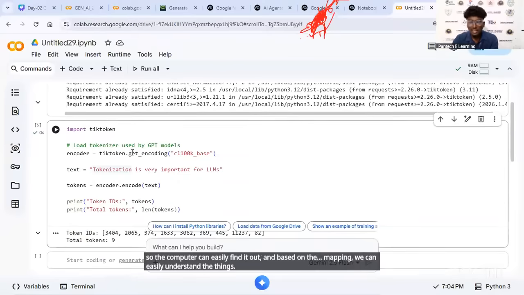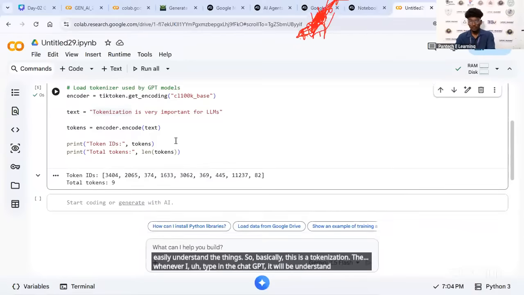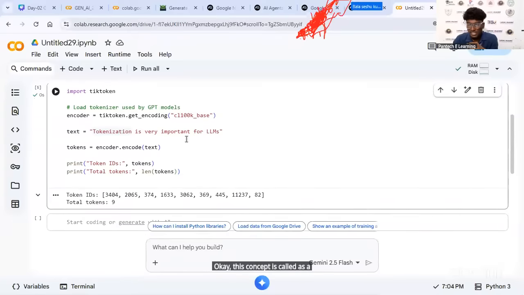So basically this is tokenization. Whenever I type in ChatGPT, it is understood this way. This concept is called tokenization.